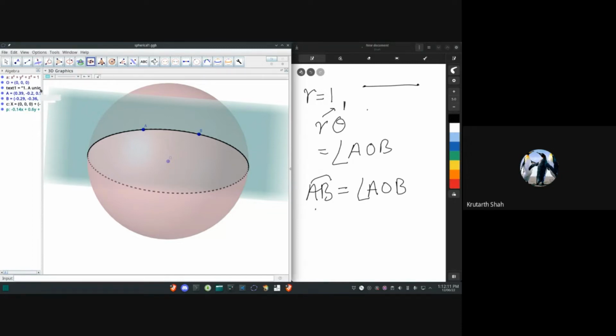Okay, you are aware of Euclid's axioms, right? So the thing about spherical geometry,